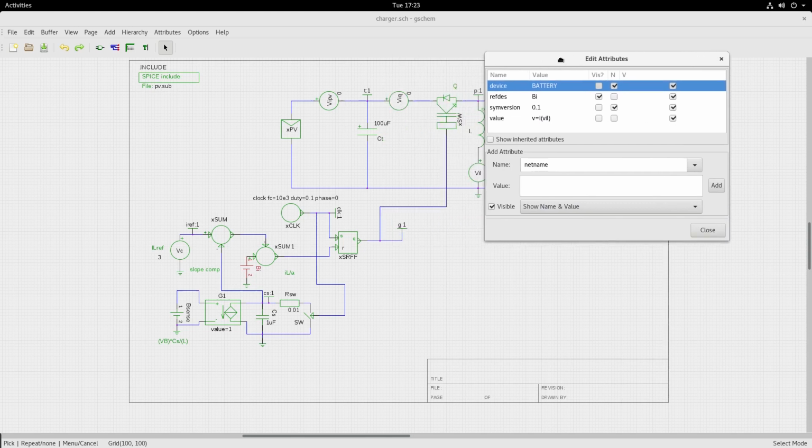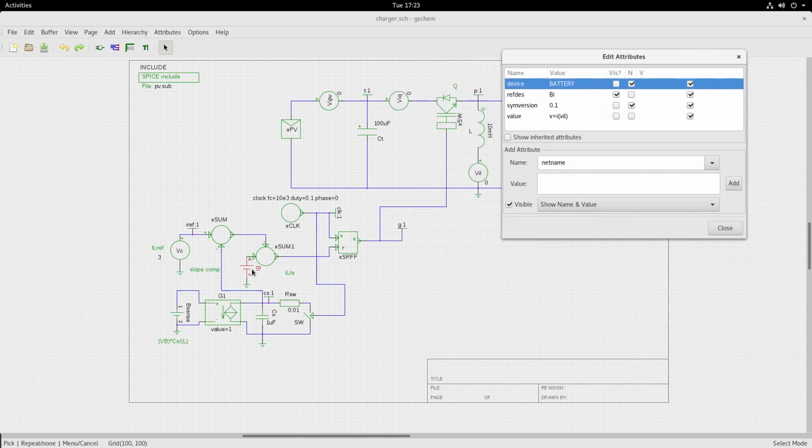You see that this is a B source which is giving a voltage equivalent of the current flowing in the inductor. So voltage is equal to the current flowing through the VIL voltage source. So here I have a voltage equivalent of the inductor current, and I have the IL reference coming in